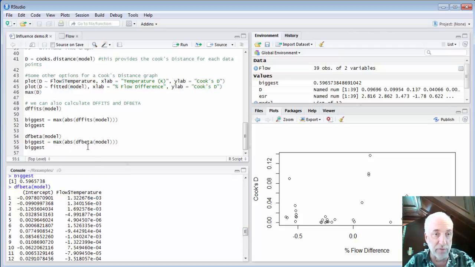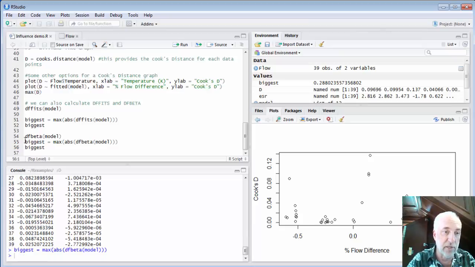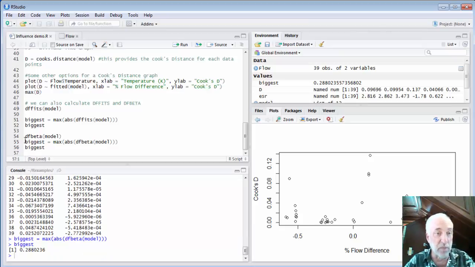So the max of the absolute value of the DFBETA, for both intercept and slope. I can ask what that is, and it turns out to be about 0.3. So 0.3 standard errors is the biggest change in either parameter, intercept or slope,